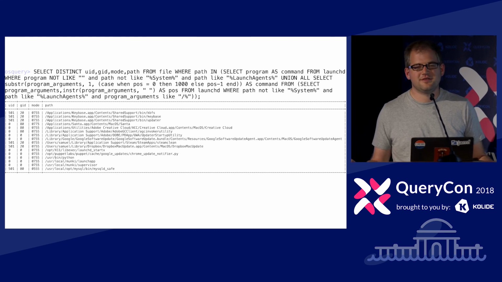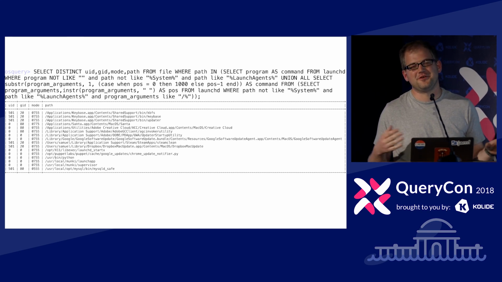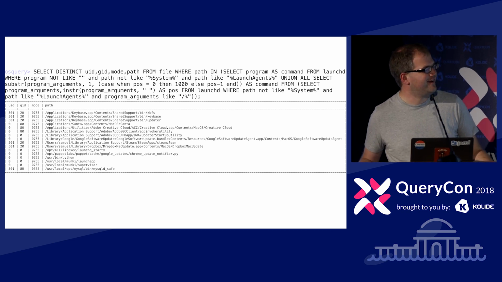And now with system integrity protection on the Mac, I'm not super worried about things popping up in there. I just want to find out about launch agents that have appeared on the system, whether they're in the user's launch agents folder, the system launch agents folder, not the computer's launch agents folder, not like in system. I guess that's kind of an odd peculiarity about the Mac.